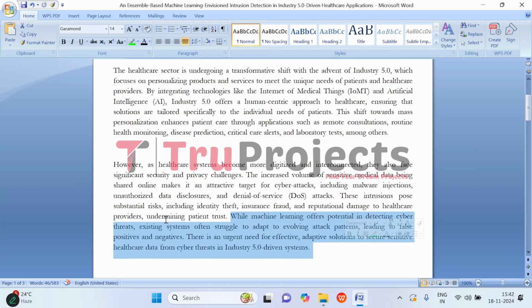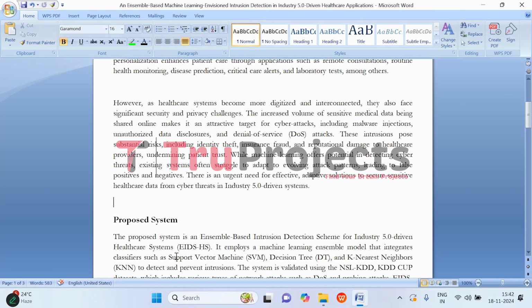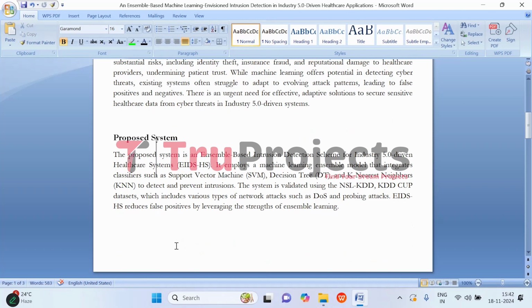While machine learning can help in detecting cyber threats, current systems struggle to adapt to evolving attack patterns, resulting in false positives or missed threats. So there is an urgent need for more effective and adaptive solutions to secure healthcare data in Industry 5.0 driven systems. To overcome all these issues, this project proposes an ensemble-based intrusion detection scheme for Industry 5.0 driven